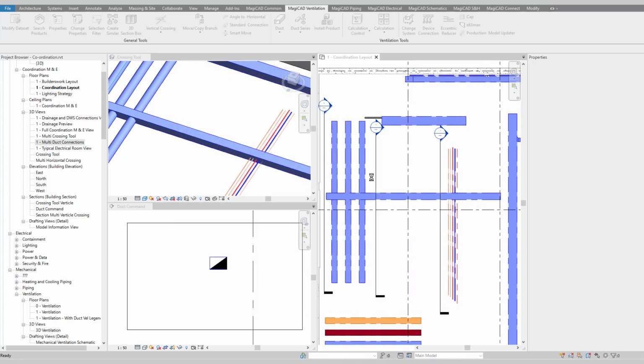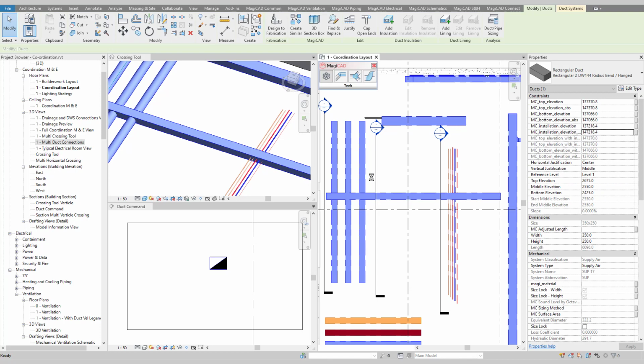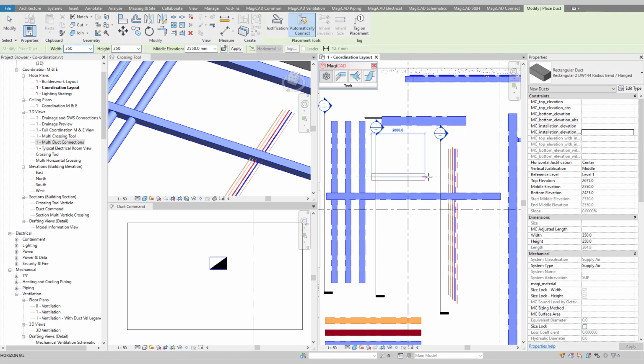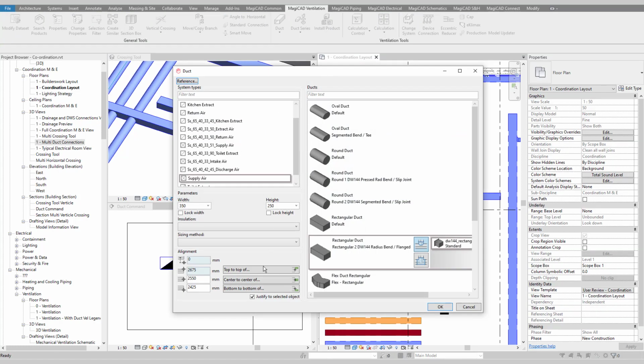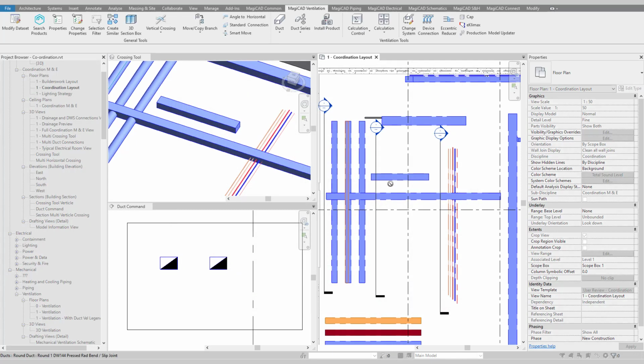And what I can do is start to model this duct like that, and you'll see down here on the section that it's in line with that duct. But what I can do, I can also go back into that menu. I can select this justify to selected object, and now I can say I want to go on top of that duct. So what I do is select that,